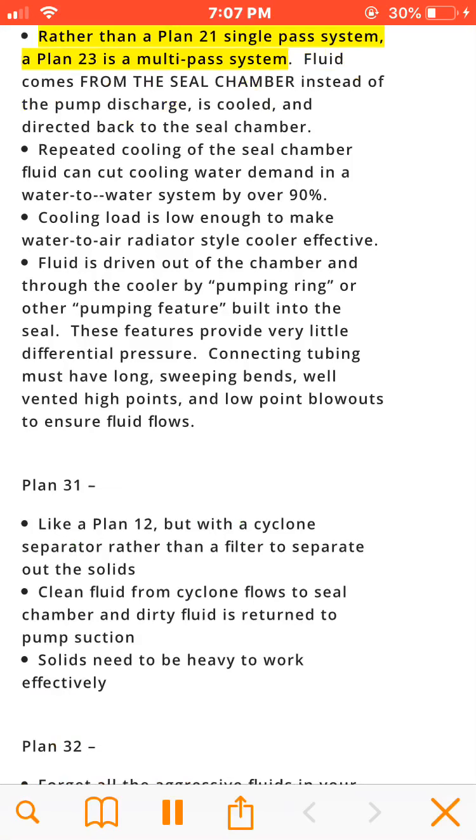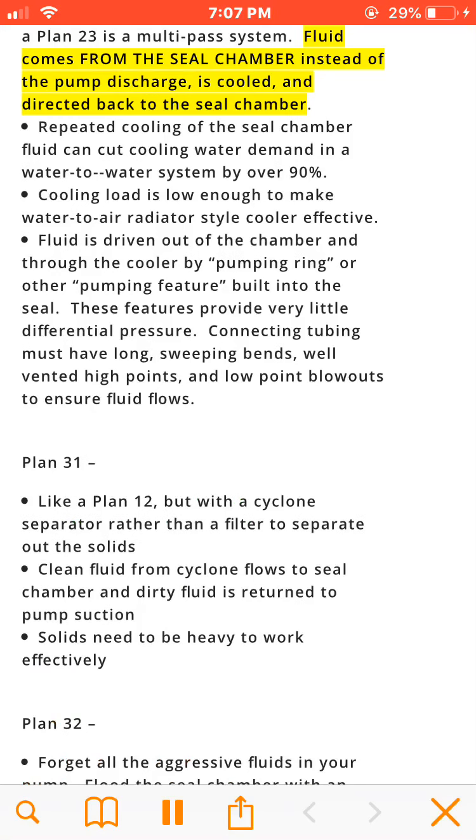Plan 23, similar to Plan 21, intended to cool fluid in the seal chamber, rather than a Plan 21 single-pass system. A Plan 23 is a multi-pass system. Fluid comes from the seal chamber instead of the pump discharge, is cooled, and directed